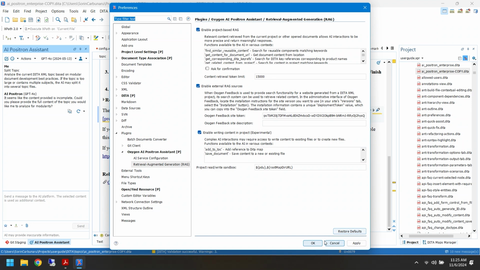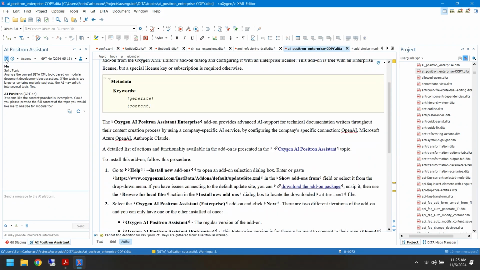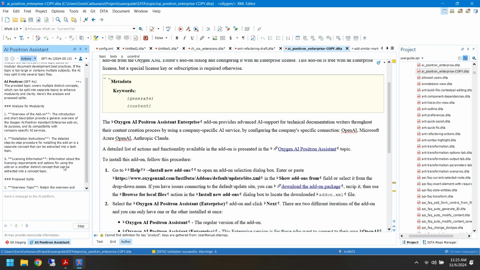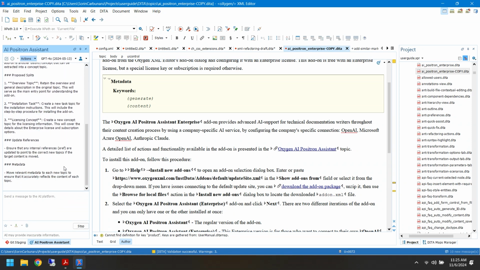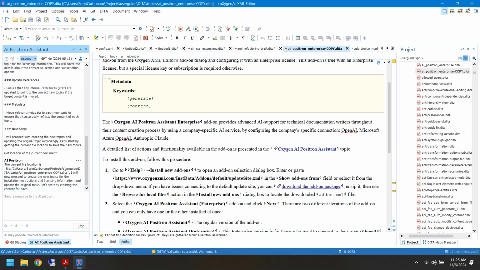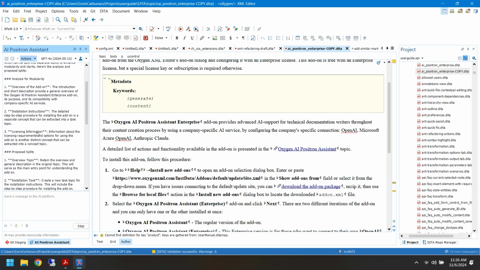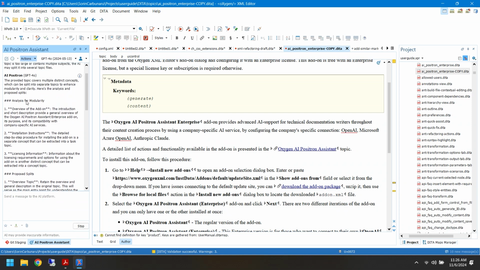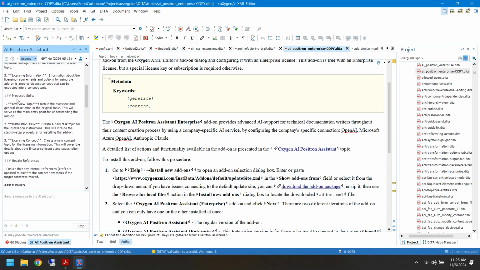Okay, this is enabled. So let's try this again. Okay, I don't know what happened in the previous run, but now it figured out that I expected it to do the action on the current editor, and it started analyzing the topic for modularity, and it detected what modules it can extract from this topic, and then it proposes how we can split this topic, so we can keep an overview topic and then have an installation task and